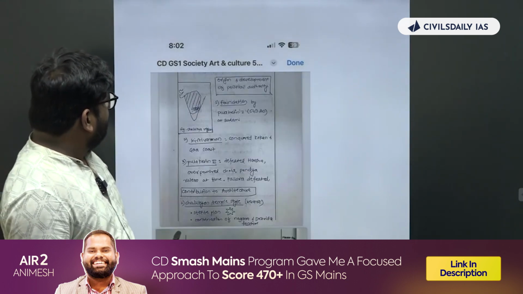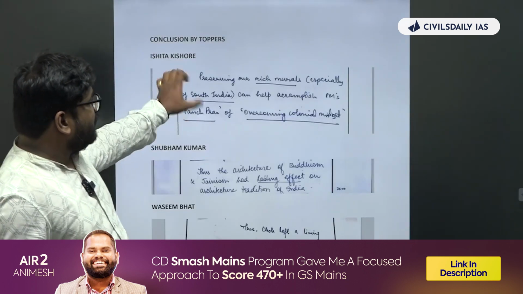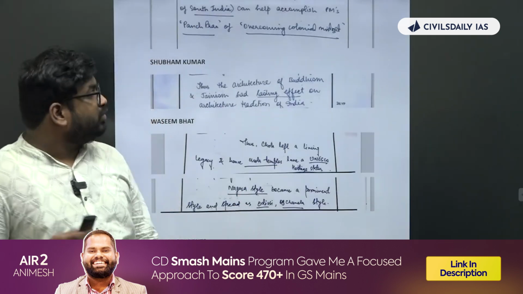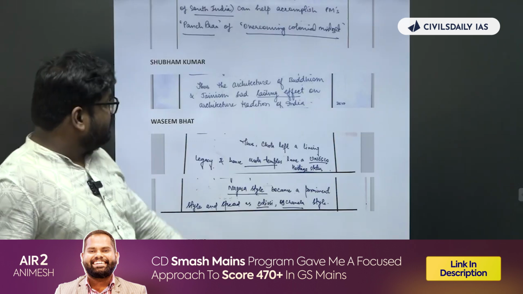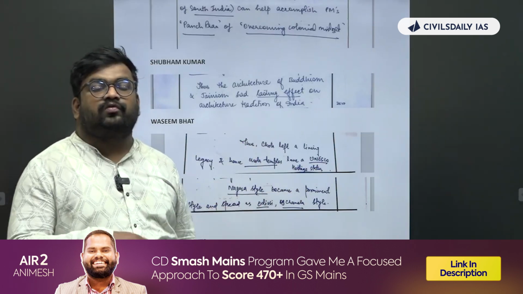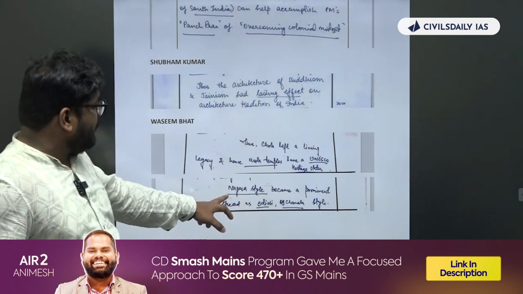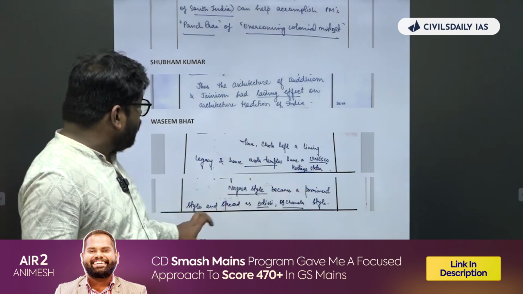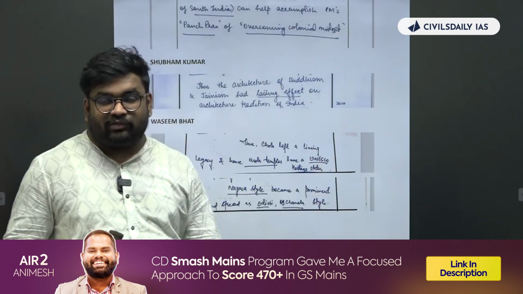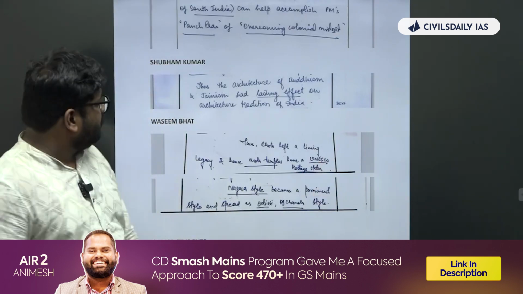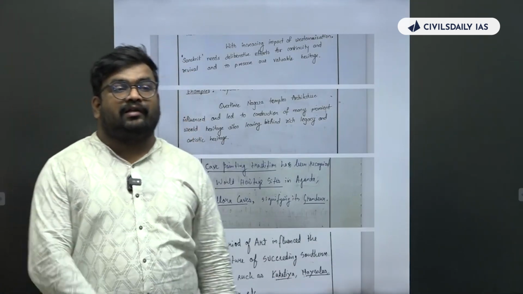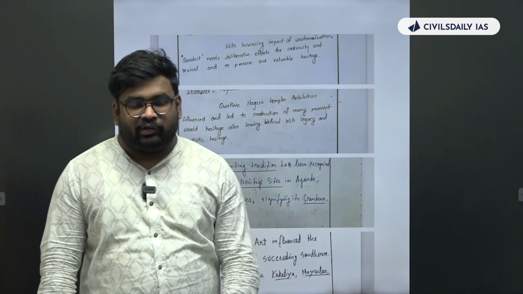Then coming to the conclusion part, again like I said, you have to use the UNESCO World Heritage Site or you can use Article 49. So you see the UNESCO World Heritage Site or the influence later on art, for example, the Nagara style became a prominent style and spread as Odissi style. So that is the later influence. So this is how the framework is reflected into the answers of the toppers,